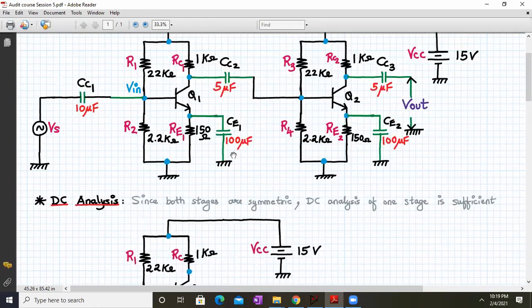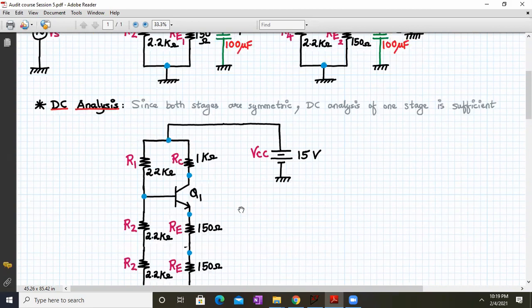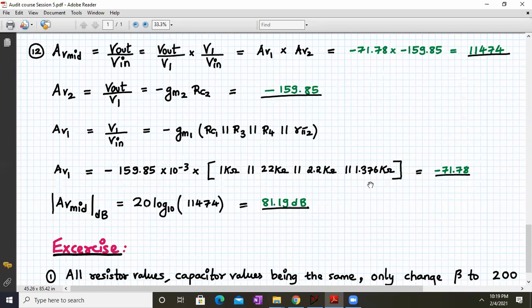When you connect the first stage to the second stage, the second stage will load the first stage, hence the gain of the first stage falls a little lower. In spite of both the stages being symmetric, you still have AV1 and AV2 differently. AV1 is minus 71 and AV2 is minus 159.